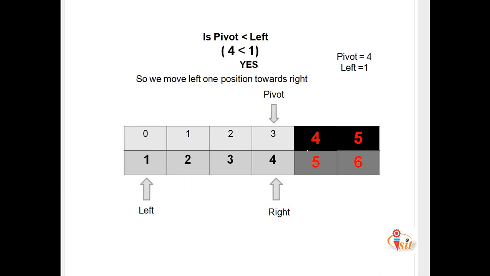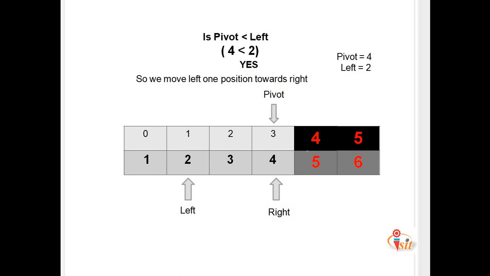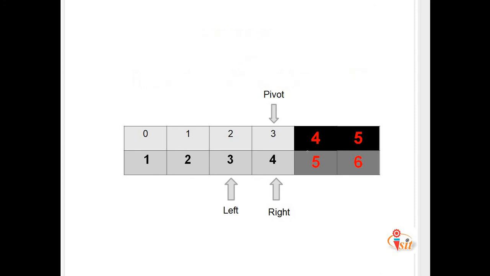In that case we need to consider the left. So left is going to be compared with the pivot, the value of left is 1 and the value of pivot is 4. Both are compared, and already we know the rule for the left: if the left is less than pivot, then we need to move to the right. So the value of left is 1, value of pivot is 4, then we need to move to the right. Again the left and pivot are compared with each other. Pivot is equal to 4 and left is equal to 2. So the value of left is less than pivot. In that case, we need to move to the right side.